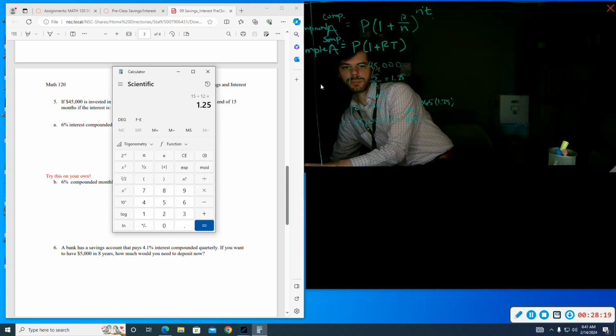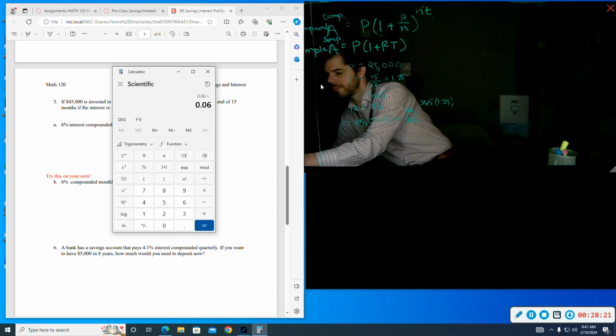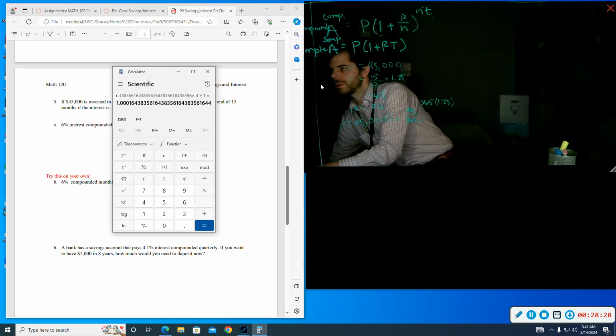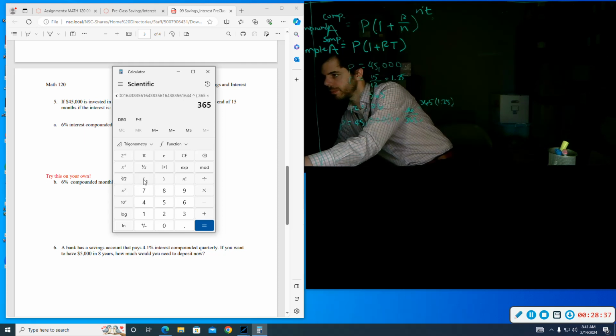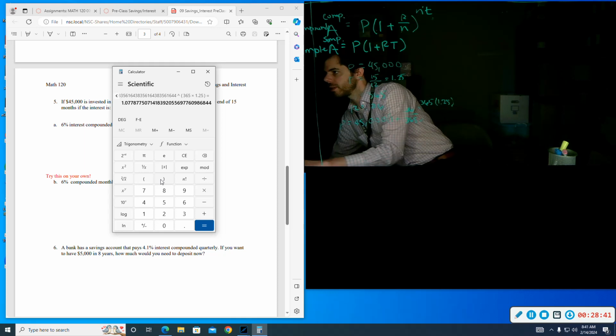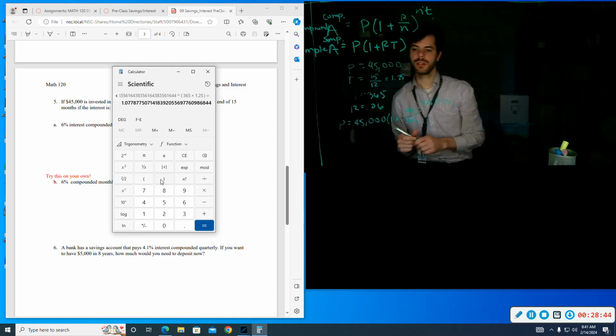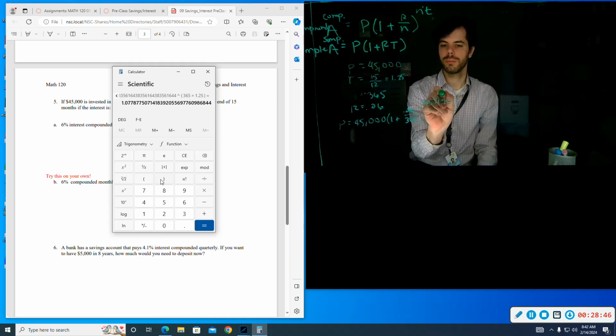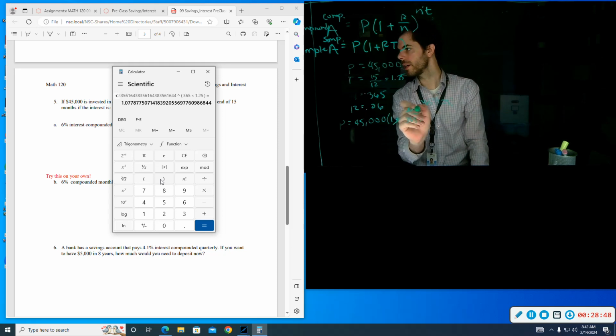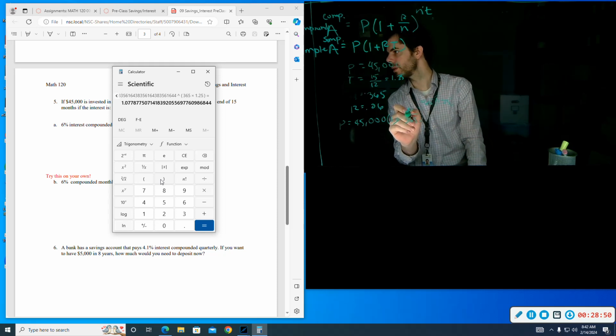So let's do this problem. 0.06 divided by 365, add 1 to that, and raise that to the, I want to make sure I do this appropriately. Raise that to the, I'm going to use parentheses to help me out, 365 multiplied by 1.25. Okay, so there's my term there. That whole term raised to a power is equal to 1.0779